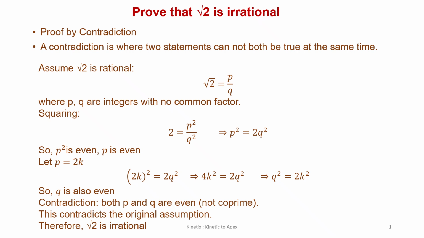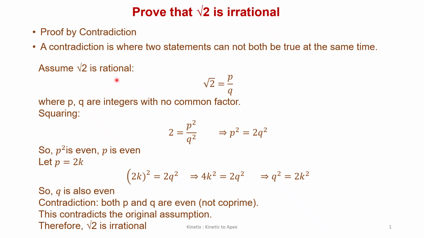We can prove this by the method of contradiction. This proof by contradiction means we'll take some assumption and we'll verify that assumption. After verifying, we'll come to the conclusion whether we'll accept the assumption or reject the assumption. So that is the method of contradiction. So what we'll do here, step 1, we will take the assumption that root 2 is a rational